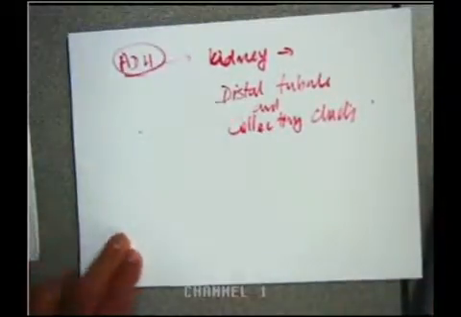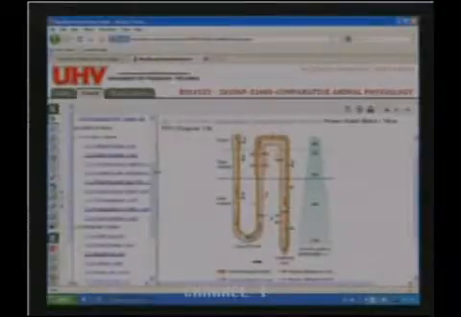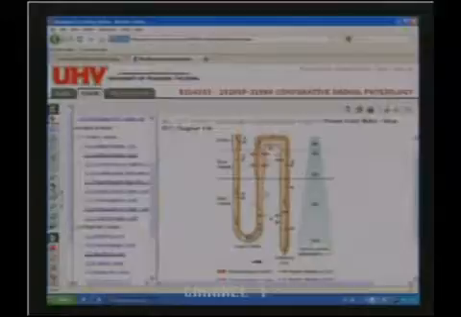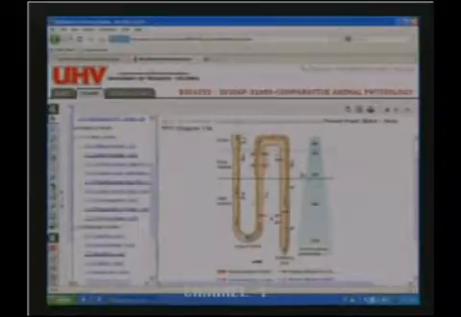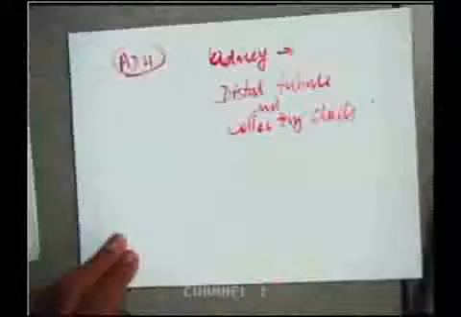I'll switch back onto the slide. If you see, this is the distal tubule, this region, and then this is the collecting tubule. Could you see the broken blue arrow? That denotes the water recovery, water transport back into the body.